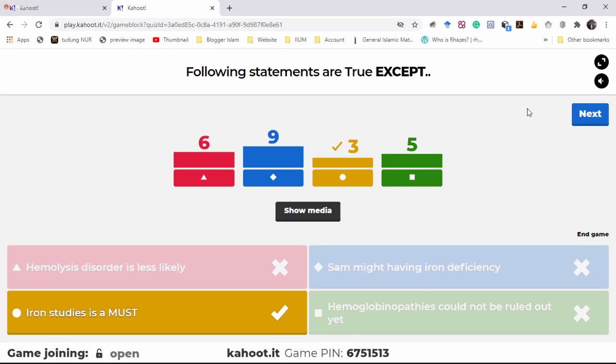And why is the iron study wrong? Because if the patient's history is already suggestive of IDA, iron studies are not really helpful to give a diagnosis, and we can start the treatment straight away. Also, the child is less than 2 years, which makes it less likely to consider iron studies at this age. If you have any question, just interrupt me here, okay? Everyone clear? Yes. All right.